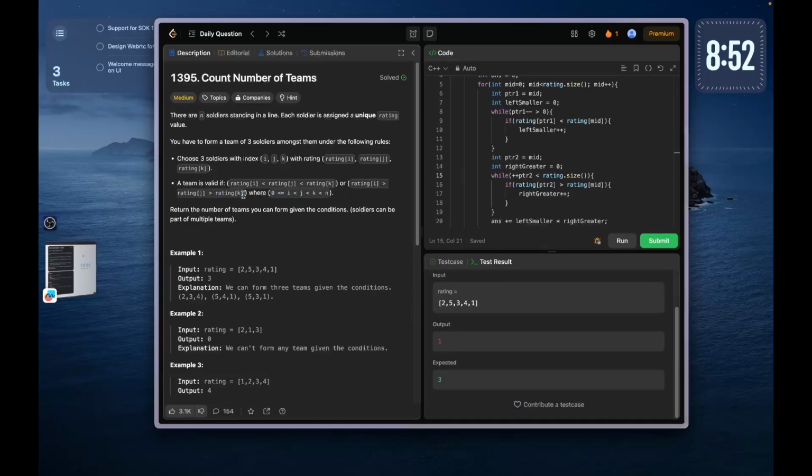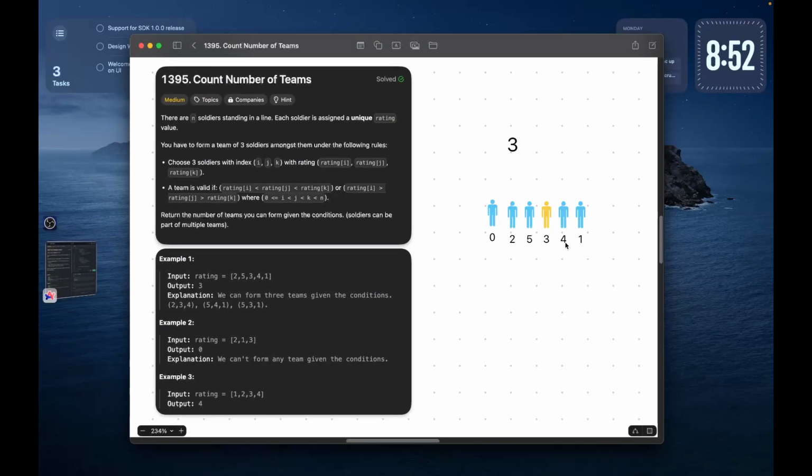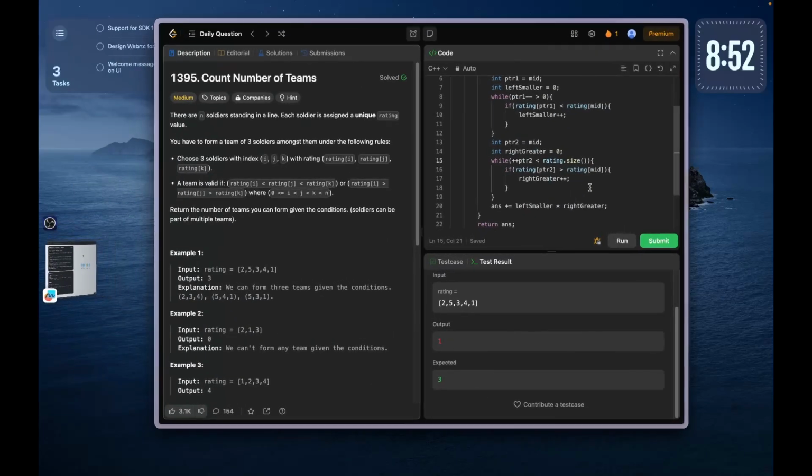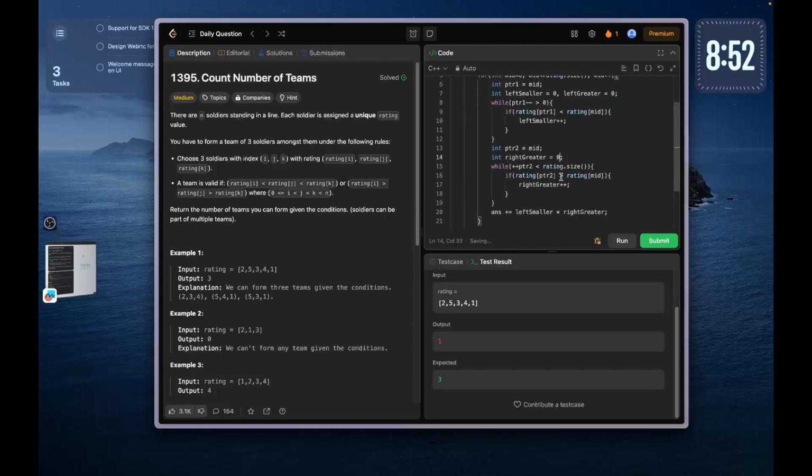So if you want to consider this scenario, it's pretty easy. It's a reverse case, right? So we just found left smaller and right greater. So reverse case would be to find the left greater and right smaller,